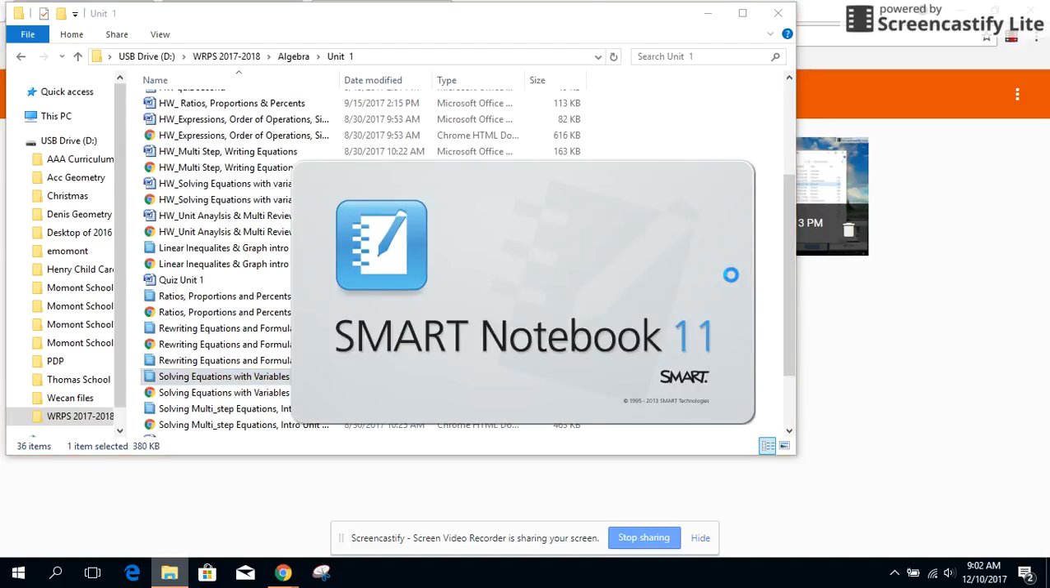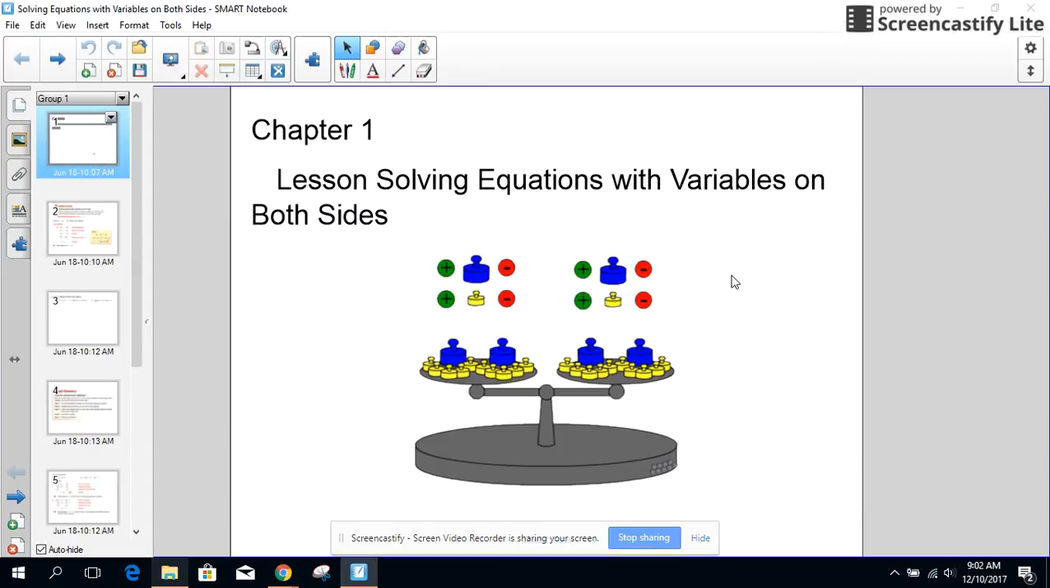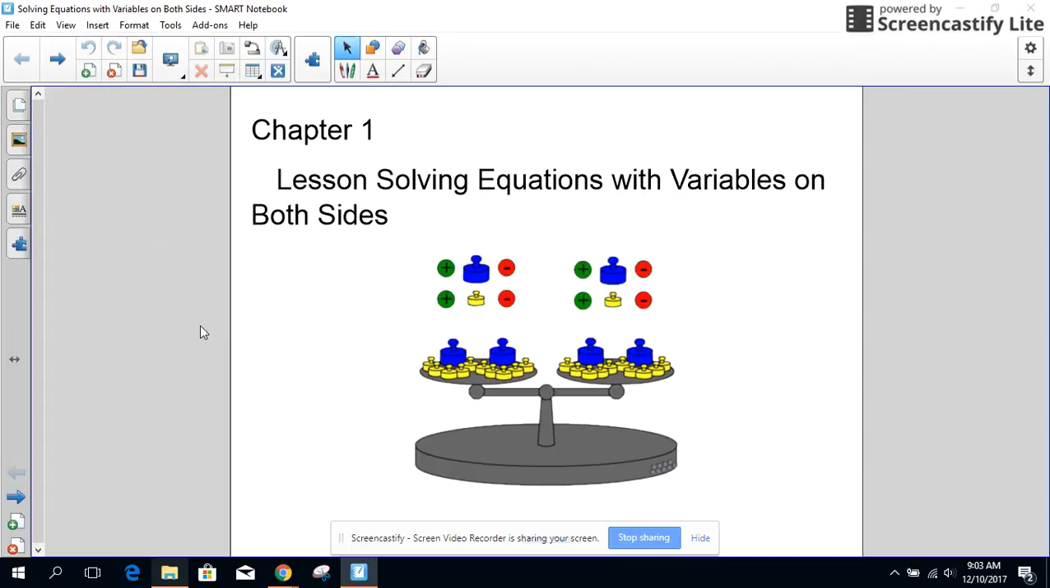Today we are going to work on solving equations with variables on both sides. While Smart Notebook is coming up, I would like to remind you that when we are solving equations, we would like to visualize this scale in our mind. And the golden rule of algebra is that we would like to keep the scale or equation always balanced on each side. And in order to do that, whatever operation we do to one side of our equation, we must do to the other. So taking this visual, for example,